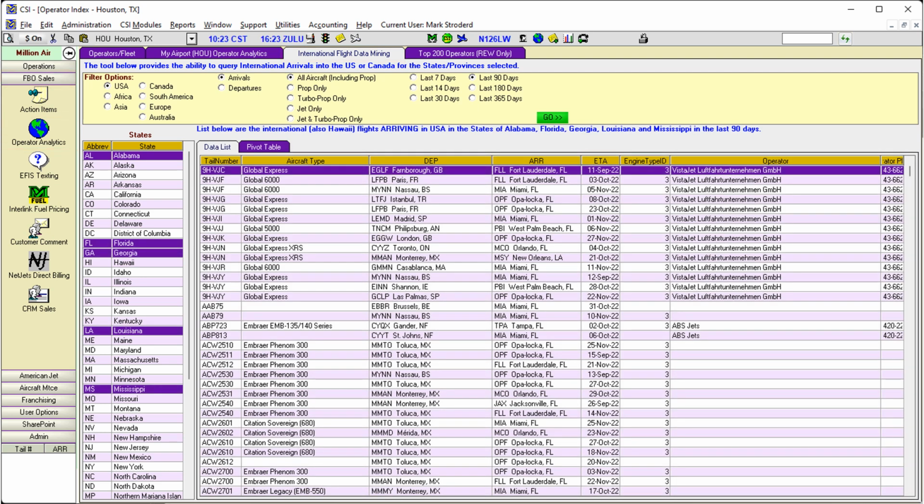Okay, so now that we have this module open, let's go get some data. Well, before I get the data, I have to ask myself why. Well, I want to try to find the operators that are flying flights as point of entry into the Gulf Coast area so that I can do more sales for Million Air Tallahassee. So I've decided that I'm going to select these 5 states that you see highlighted on the screen. The way I do that is I hold the control key down and I click these states one at a